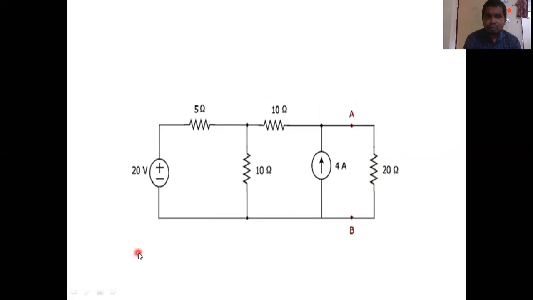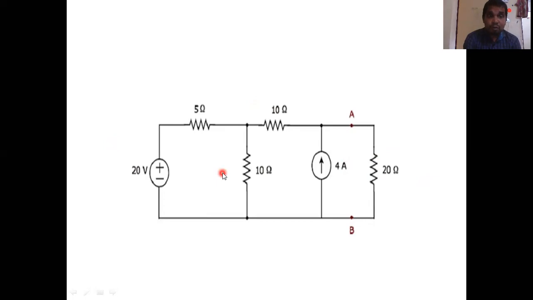So what is the problem? Again and again, you need to solve the entire circuit. So you determine an equivalent for this entire network. That will be a very simple way to determine the response of the load, in which the load keeps on changing. Now we are going to apply this Thevenin theorem to this circuit, where I need to determine the current in the 20 ohm.